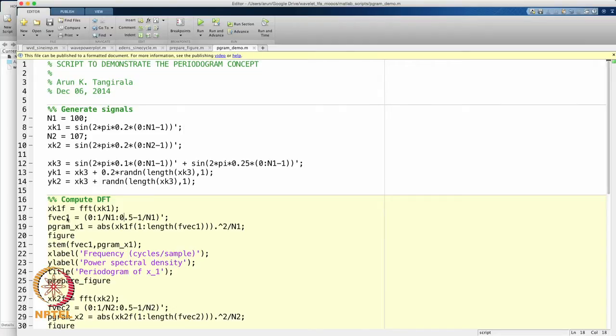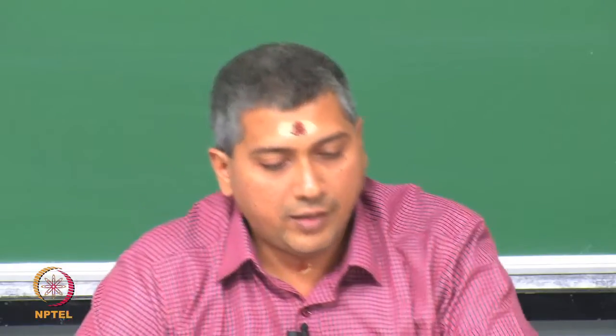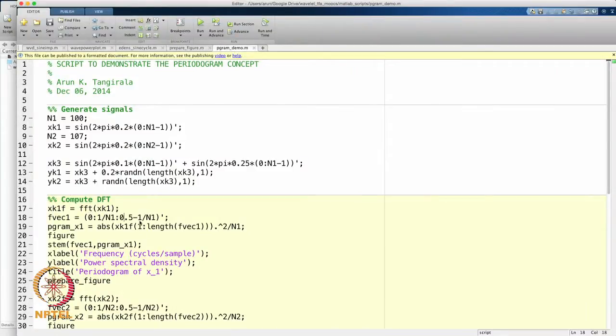Now, in the second line, you should pay attention to line 18. What I am doing here is creating the set of frequency points as a result of computing this DFT via FFT. The first frequency point is 0 and the interval is 1 over n1. We have already seen that the DFT computes with a frequency resolution of 1 over the length of the signal. The last frequency in my set is 0.5 minus 1 over n. Ideally, this should have been 1 minus 1 over n, but because of the conjugate symmetry of the DFT, I only need to walk up to the half